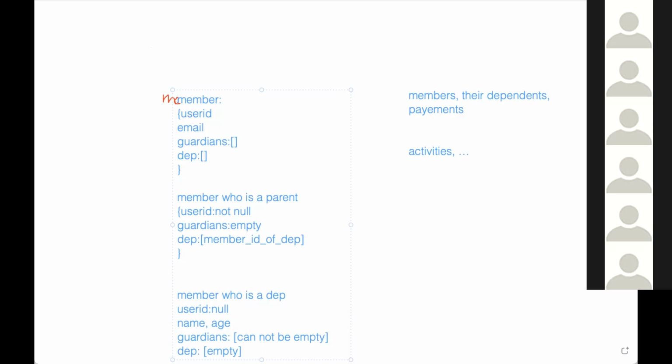Sure. Yeah. So for this design right now, since I don't really have that much experience in NoSQL or MongoDB, since guardians is a list, can you write a query saying find me a member who has a guardian with this ID inside its guardians list?